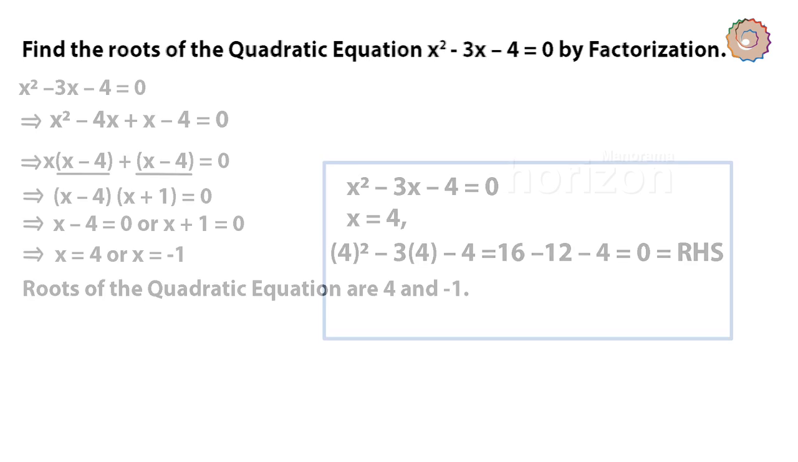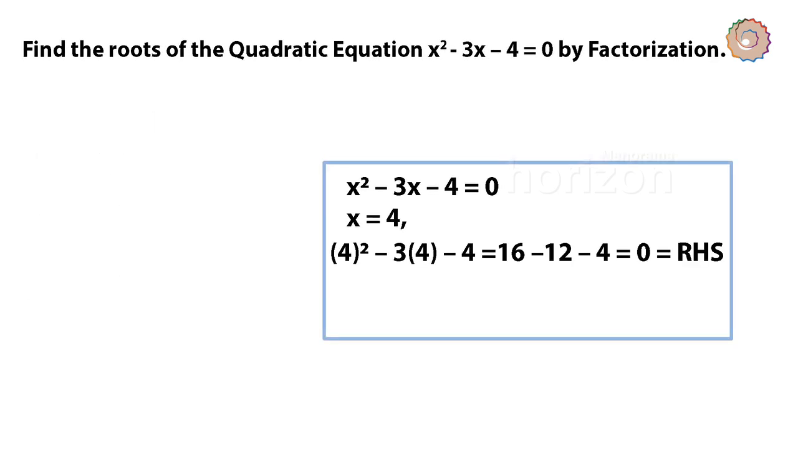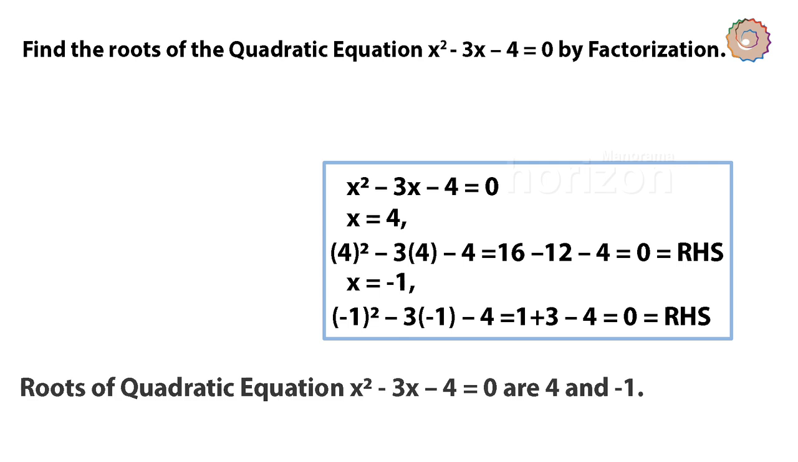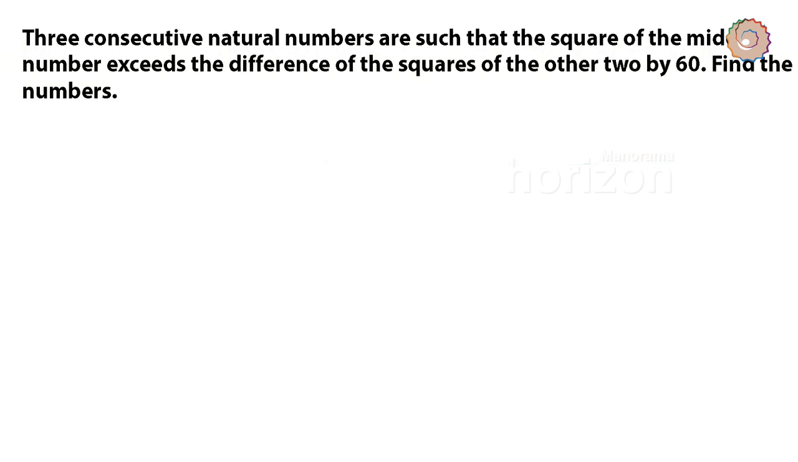We can verify these roots by giving one of its values to x in the quadratic equation and checking if it satisfies. Here we gave x = 4 and it satisfies. Now give x = -1, which is also satisfied. Hence 4 and -1 have been verified as the roots of the quadratic equation x² - 3x - 4 = 0. Now the next problem is,